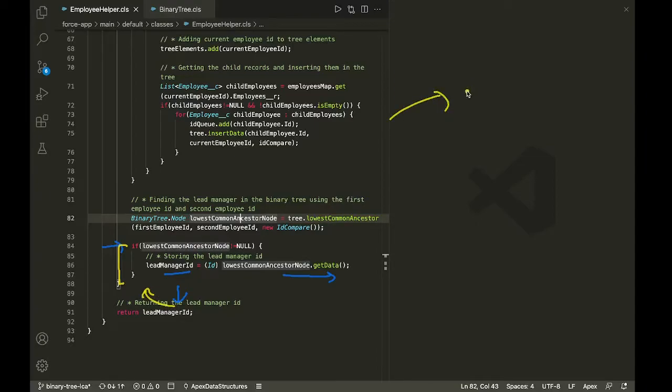So now the whole problem is mainly focused on finding the lowest common ancestor. That's what I need to solve, and we'll see the solution in the next video. And I hope you understood how we are constructing a binary tree by picking employees one by one and their children as well, because this is also an important part: how you query employees in a way that you can construct a binary tree by adding the parent nodes first and then adding the child nodes. So I hope constructing the binary tree is clear to you. In the next video, we are going to learn how we can find the lowest common ancestor of any two nodes in the binary tree.